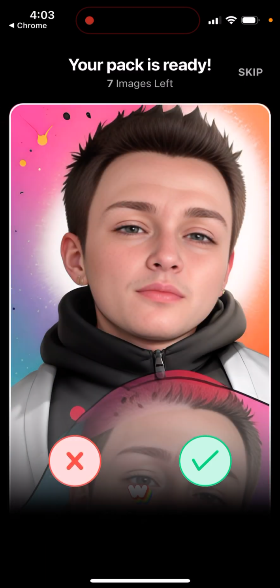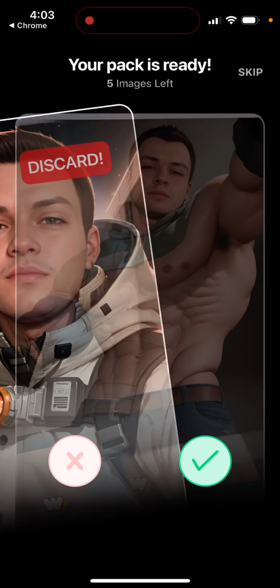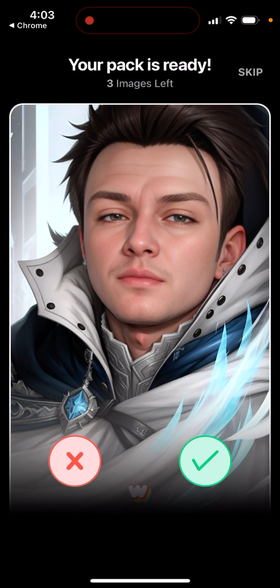Then you can see all the images generated. And then here is the app. I don't know. So that's the idea of it. That's what it takes. It's not that detailed, but what's cool of it